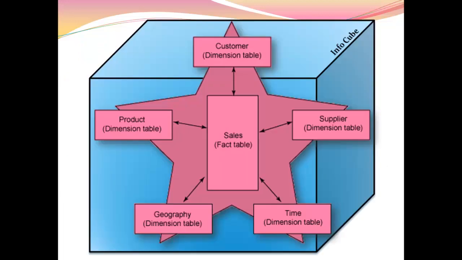So this is how our star schema looks like. There is a fact table surrounded by dimension tables. A maximum of 16 dimension tables can be attached to our fact table. These are connected with primary keys, and we all know a table can contain a maximum of 16 primary keys, so the maximum number of dimensions possible is 16.